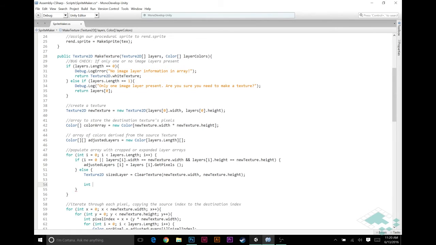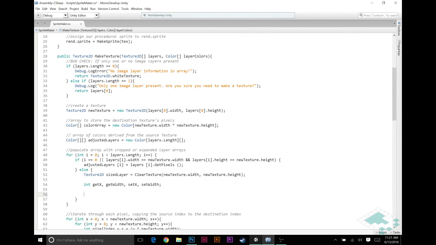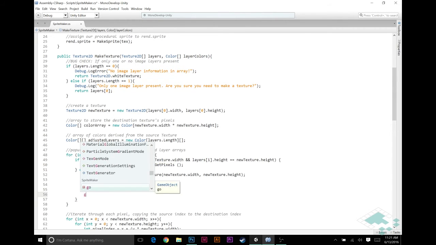I'm going to start with the x dimension, and then we can kind of easily translate that to the y dimension. You could separate this by the getting and the setting. I'm going to do it a little bit, not chronologically, but more based on the dimension. So we'll start with the x's. So we need an x that we're going to get, the starting point from the layer that we're taking. We're going to need a width from that same layer, so a get x and a get width, as well as a set x and a set width. So I'm just kind of creating those 4 ints right now that I know I need. Setting each of these,